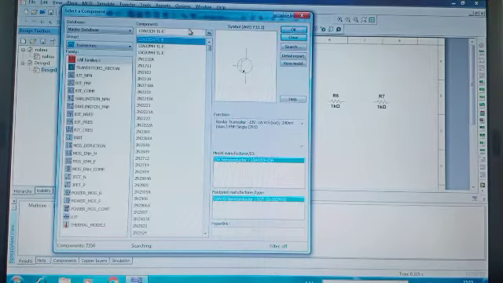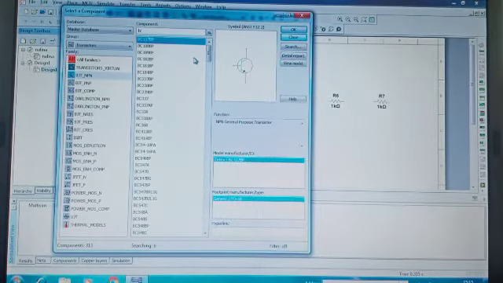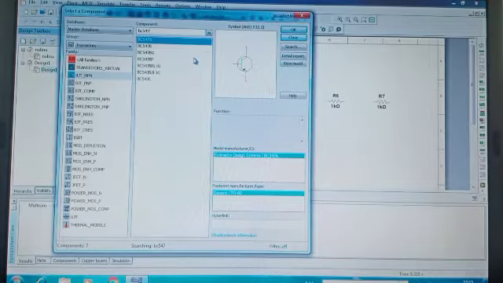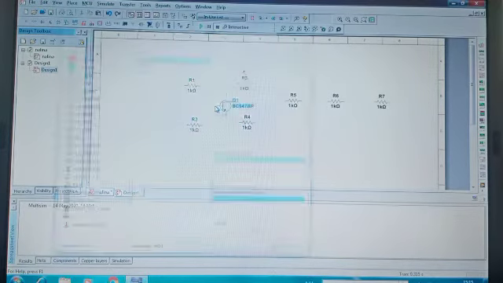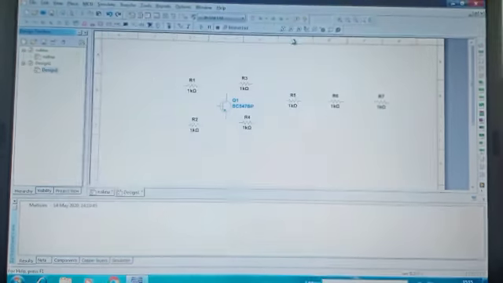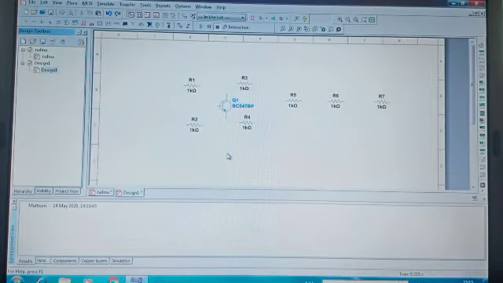Here we have the transistor, a PNP transistor, and I will give the model name BC547BP. I am going to choose this particular transistor. Just randomly place all the components; later we will do the connections. First we will take this resistor.